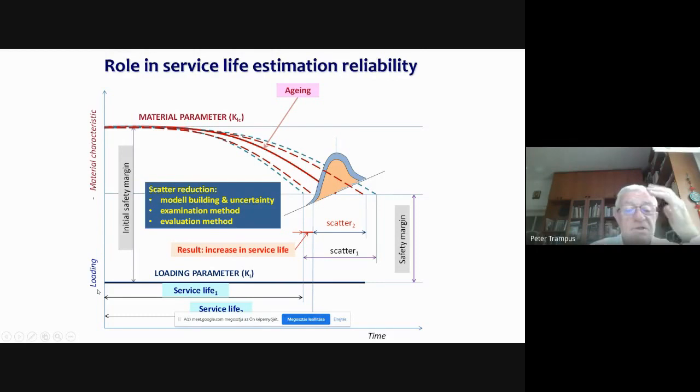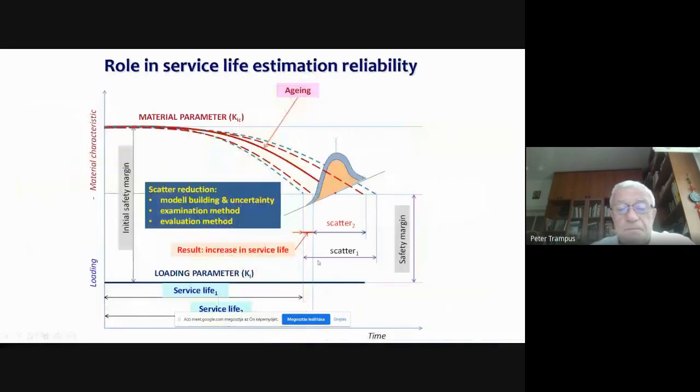If we assume that the loading is constant, and the material parameter is continuously decreasing as a consequence of aging, there is an initial safety margin, and there is a final safety margin, which is necessary in the case of the nuclear plants. And the crossing of this material parameter with this safety margin level determines the service life.